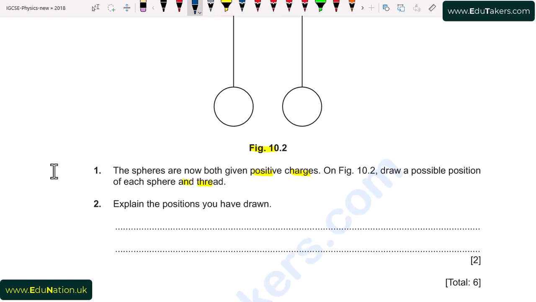So first of all, both of these spheres are uncharged, and in the figure the original position of the spheres is shown. Now both spheres are given positive charge. If I consider this sphere 1 and this sphere 2, both of them have the same charges, so they repel each other and move away from each other, because the same charges repel each other. We use the same concept here.